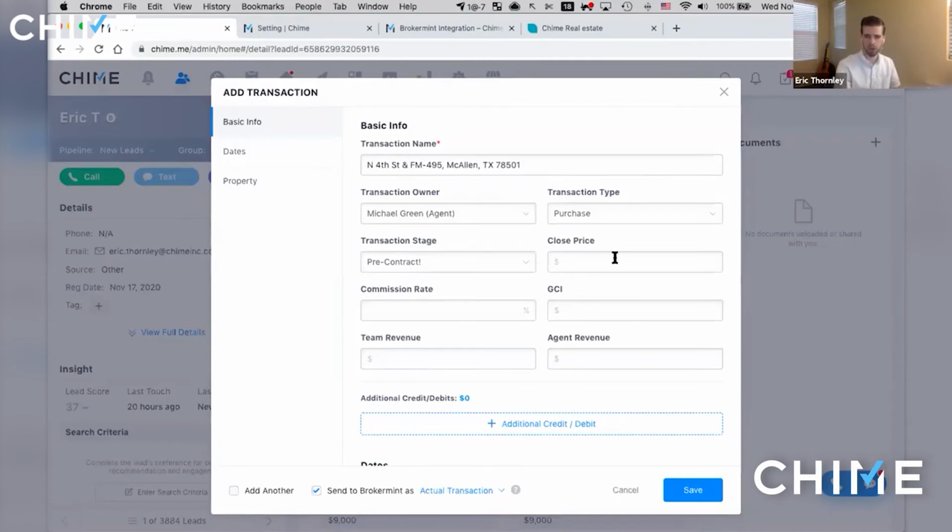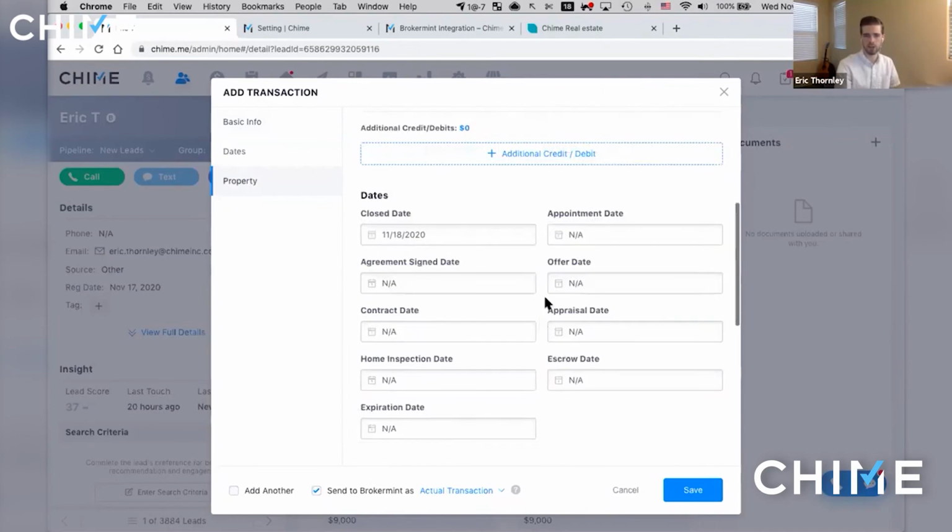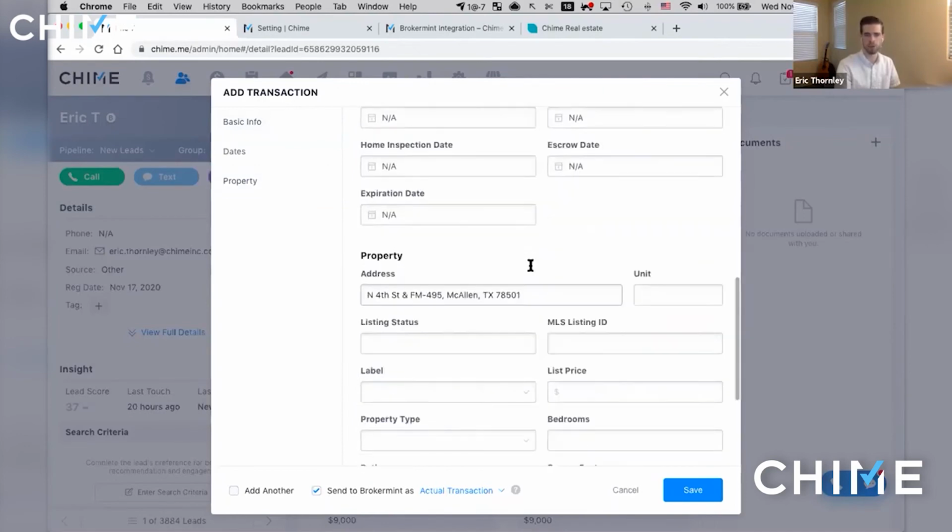But for now, we'll just go ahead and enter in, we'll choose the transaction stage, we'll choose closed. Obviously, it could be something that you're just starting out and you can send it over earlier. That's also a possibility, but we'll grab closed as an example. And as you can see, you can start this information here on the Chime side. We're just making up some numbers here. And as I continue to scroll down, we've got all these other fields. As I mentioned before, I'll point out a table where it shows what data actually syncs